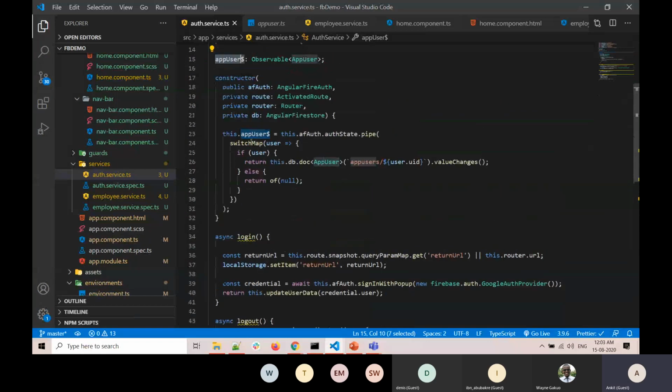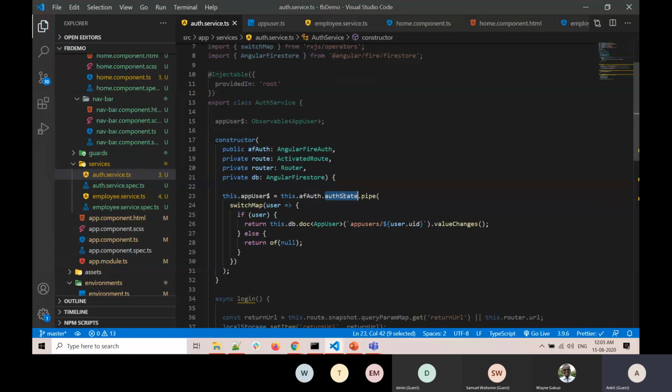Now, in the constructor of our service, we are checking this afAuth.authState. This authState method is provided by the AngularFireAuth class, and it will return an observable of your authentication state. If the user has logged in, it will return true, otherwise it will return false.